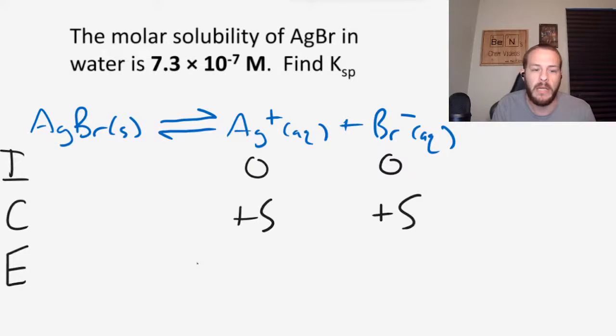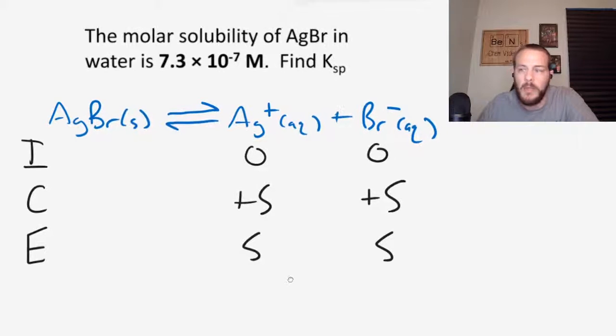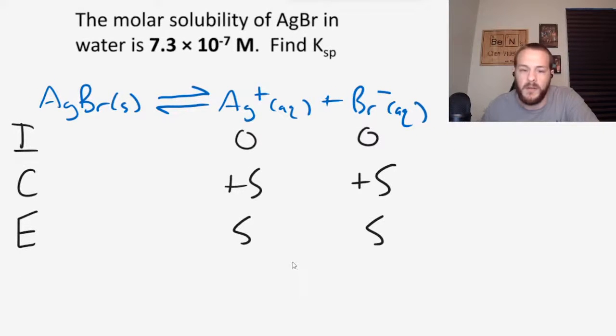And of course, at equilibrium, we are going to have S for both. Both of the concentrations of silver and bromide ion are going to be S. And so if we now plug this into the expression for the solubility product constant, let's see if